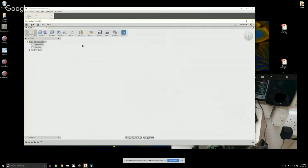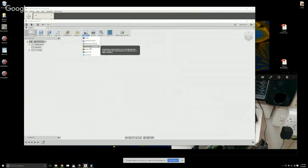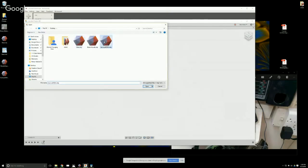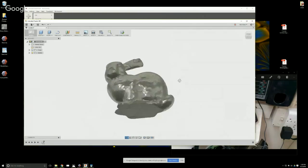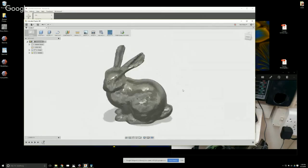We can go back into Fusion. So now in Fusion, you can say create base feature, insert mesh, bunny 6,000 tri in millimeters, and your bunny comes in. But it's in triangles, right? So you can go in and there's two different groups here, but you can right click and say mesh to B-rep